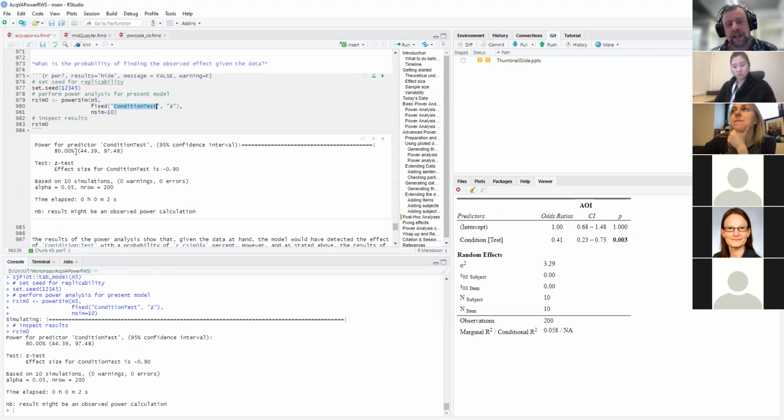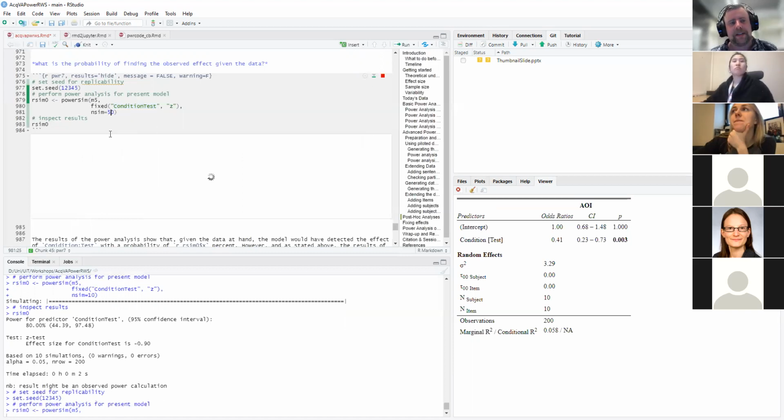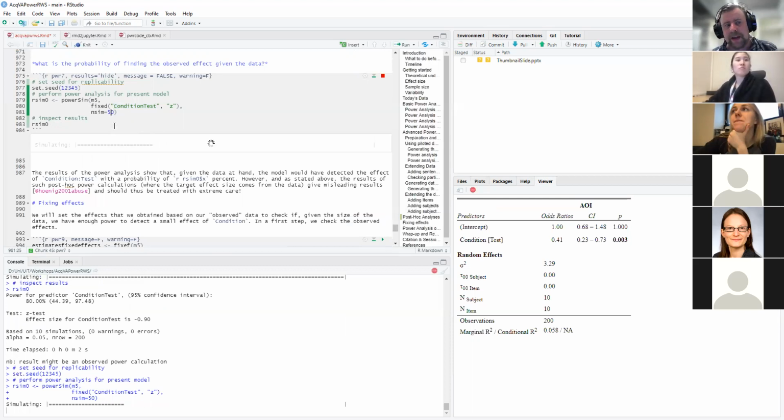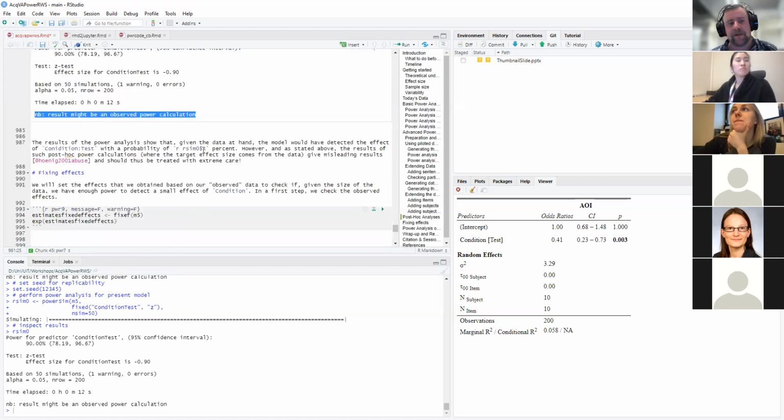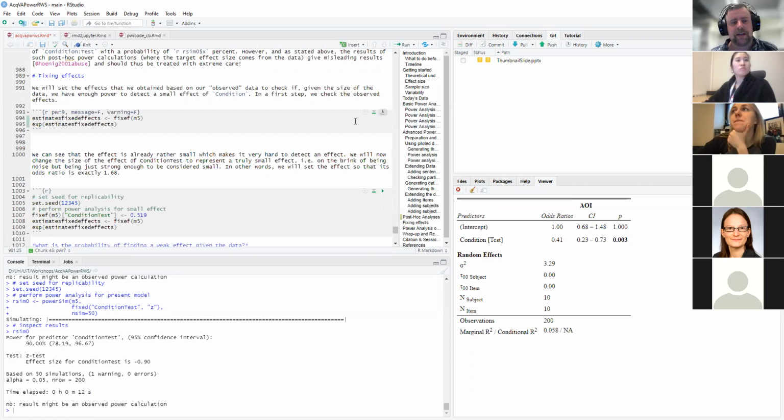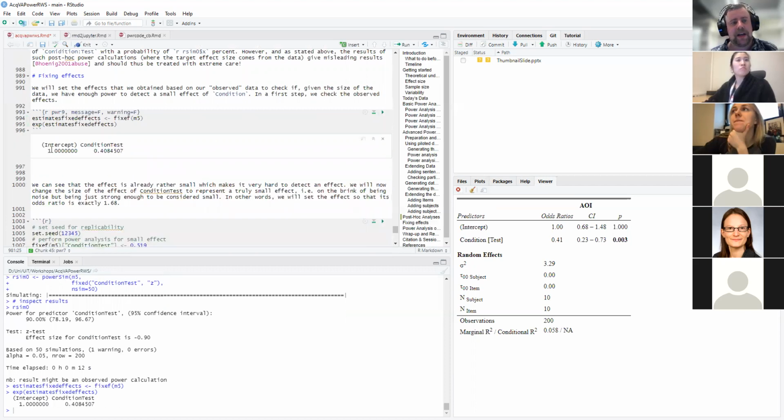And in this case, yes, we actually are at the 80%. But of course, because we've only so few simulations, let's pump this up to at least 50. The error bars and the confidence interval are extremely high, right? Even higher, right? But that's fine. But again, here you get the warning message, okay, this might be an observed power calculation, so be careful when you do that. So what you can still do is make the best out of that by